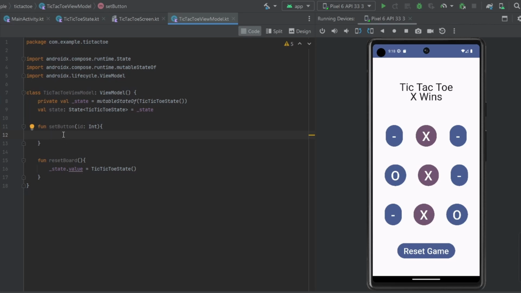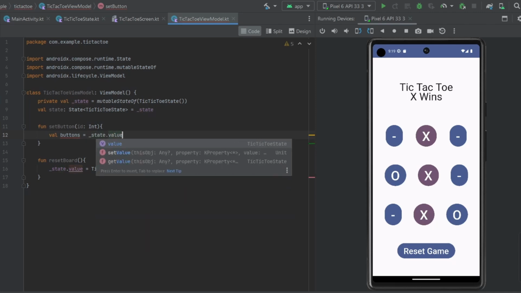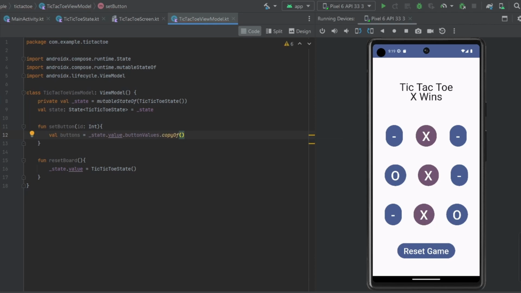And in here, inside of this setButton function, basically what we can do is make a copy of our button data from our state. So I can say val buttons equals state.value.buttonValues.copyOf, and that's going to give us a copy that we can then modify and then copy back into our state after we've modified it. And because we know what button was pressed, and that's whatever button this ID matches here, all we really need to do is put an if statement in here, and we could say if